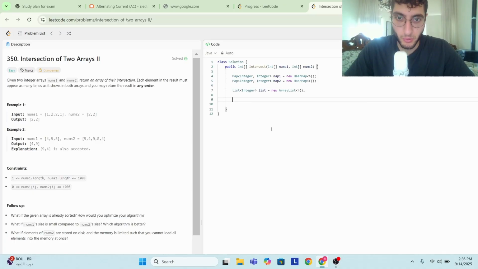Now we're going to add our numbers into our map and the number of times that they appear in each map. So let's begin with map1. Let's begin storing values for map1. So for every int num in nums1,